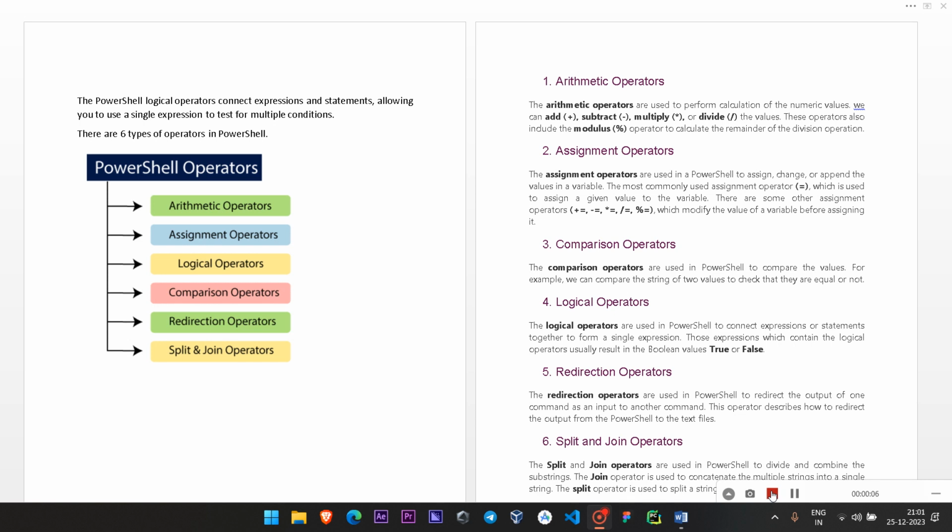Today we are going to discuss the PowerShell operators. Okay, so let's get started. First of all, we need to know what operators are. Basically, the PowerShell logical operators connect expressions and statements, allowing you to use a single expression to test